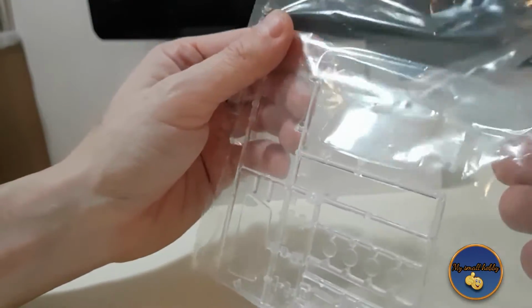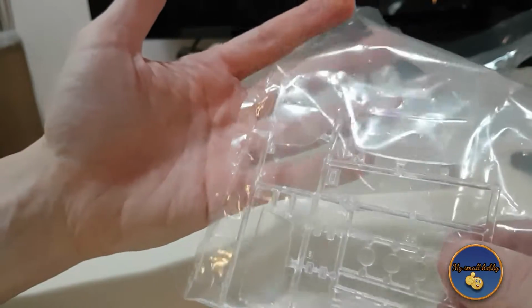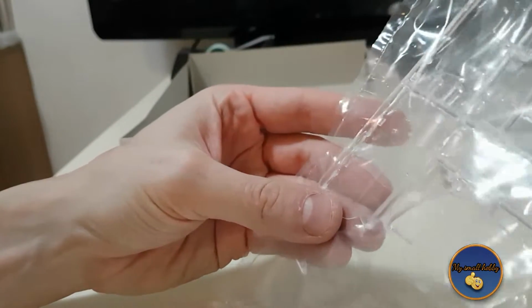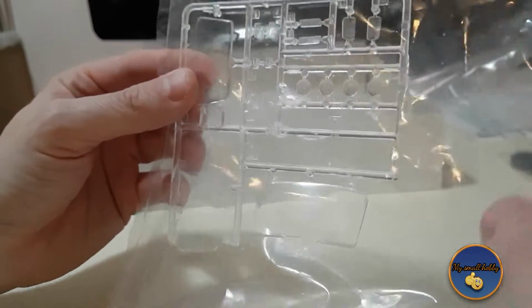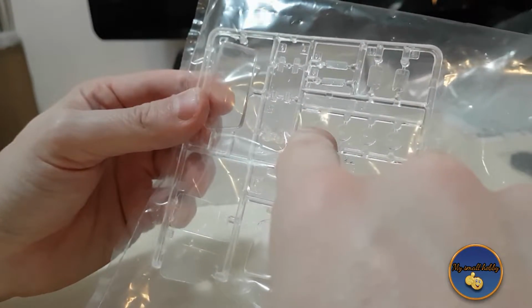The very last sprue is this little transparent sprue. I didn't take it from the bag because I don't want to damage it, of course. At first glance, it's pretty clear. It's not foggy. If you put some lacquer on it, or dip it into lacquer, I think it's going to be just fine. You have all the front headlights, but I don't think these are supposed to be here